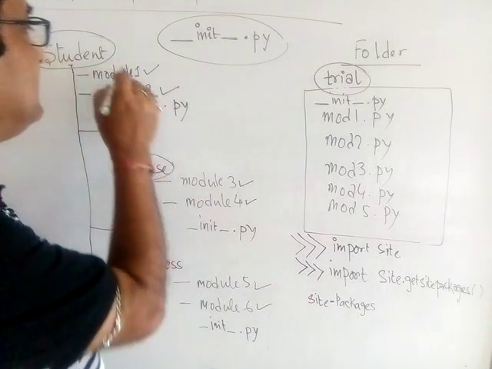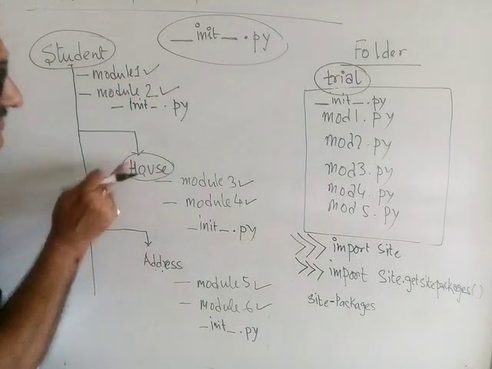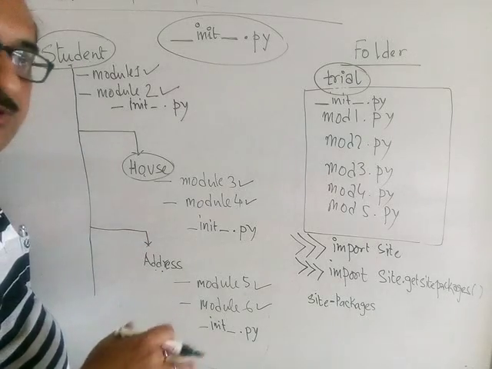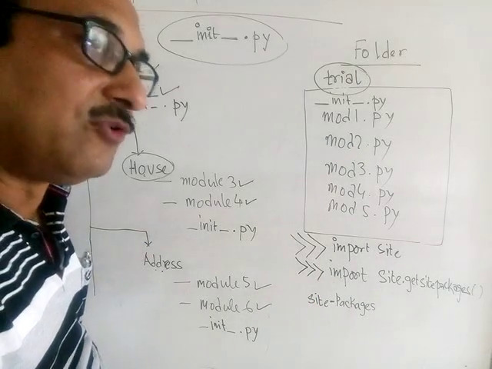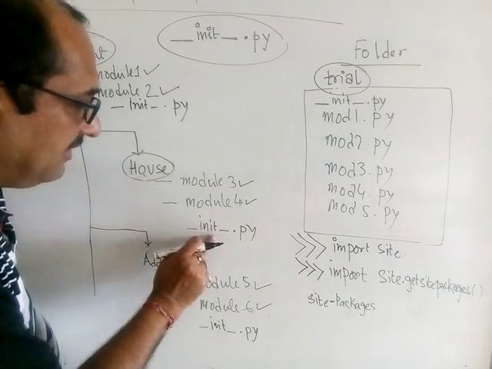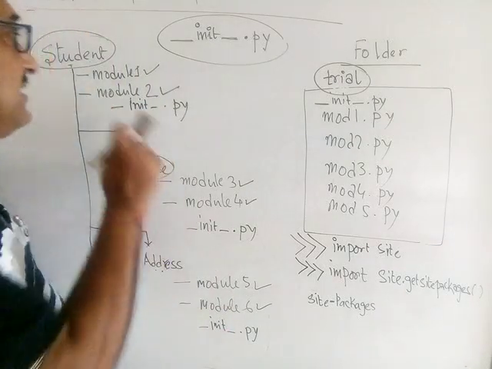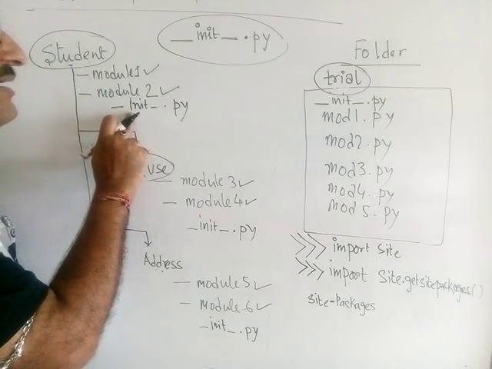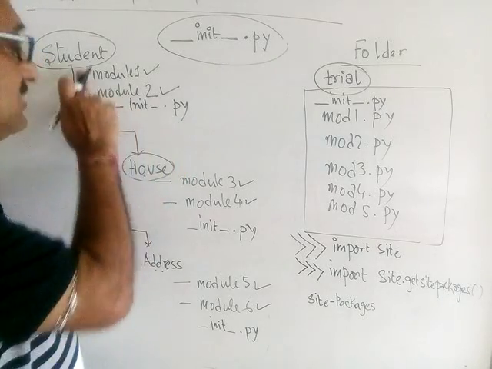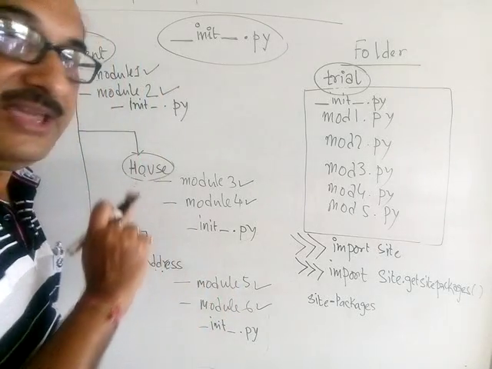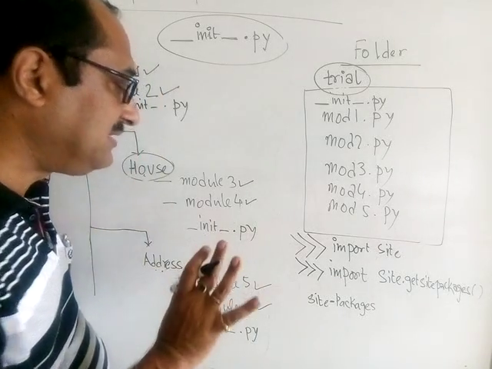Because here what's happening is we have two packages under another package. So it is a package under a package, like folder under folder. Every subfolder or every subpackage must also have this file. Just like the main package has one __init__.py, its components should also have the same file. And as I told you, nothing to write into this file.